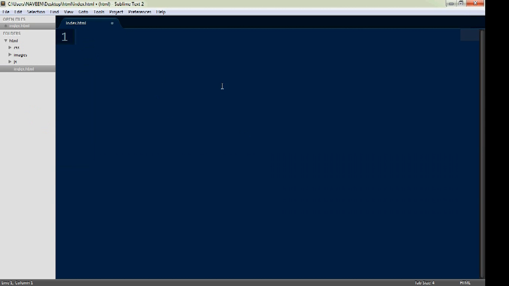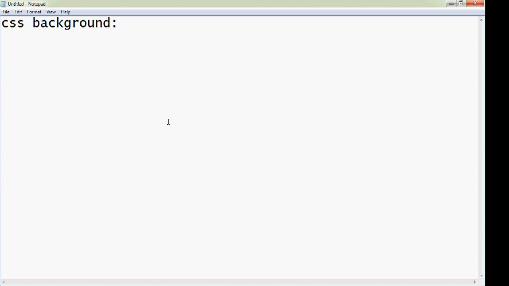Just think this is a website. This is the background for the complete page. How we are going to see it, and all those things, we can define by using CSS background. There are some properties for CSS background, that is